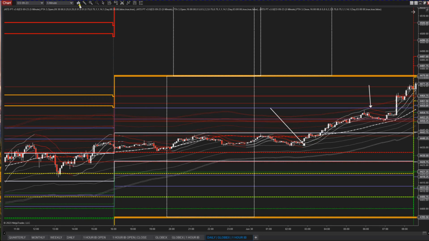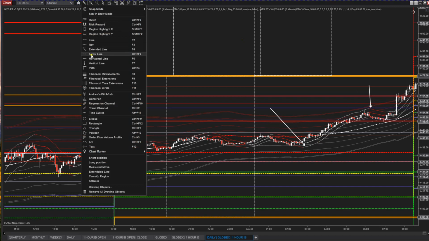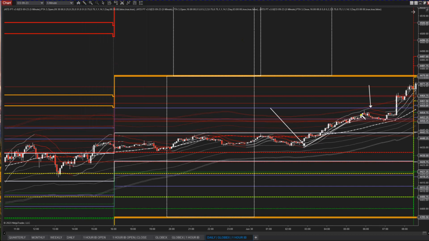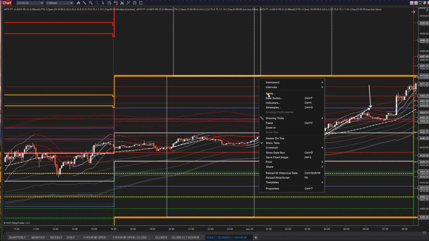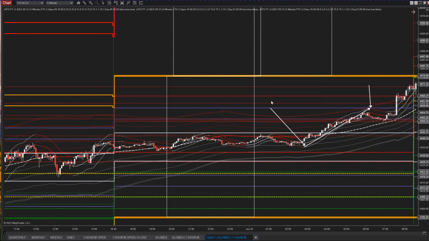You see it's regressing up. So you stay in a regression channel moving that direction. And so when you can put that together with an indicator like JATS,